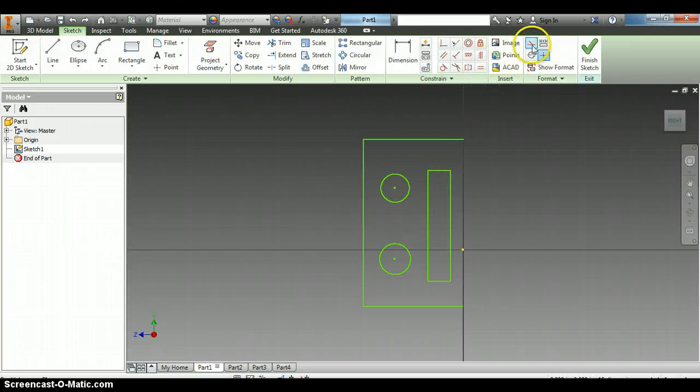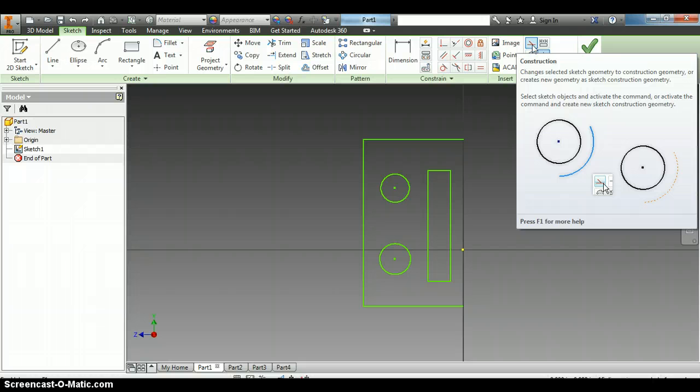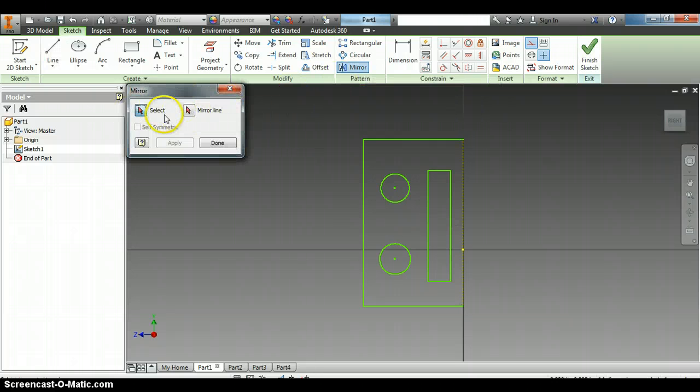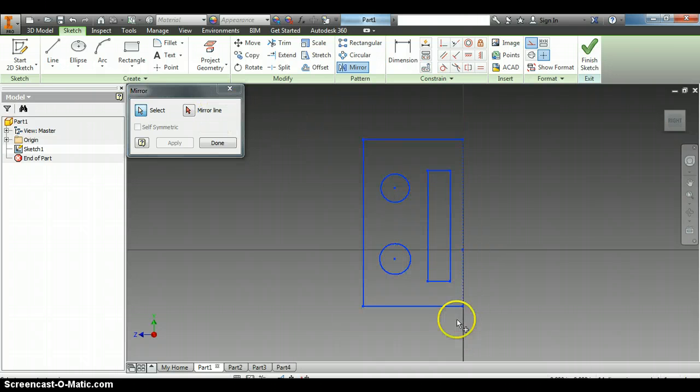And then we're going to click on construction line, which is this button right here. The construction line is not an actual line like what you see here. You see it's a dotted yellow line with these green lines being the actual lines. But what it allows us to do is to mirror. We use the mirror tool right here, and we want to select all of this, and the mirror line that we're going to use is this dotted construction line,